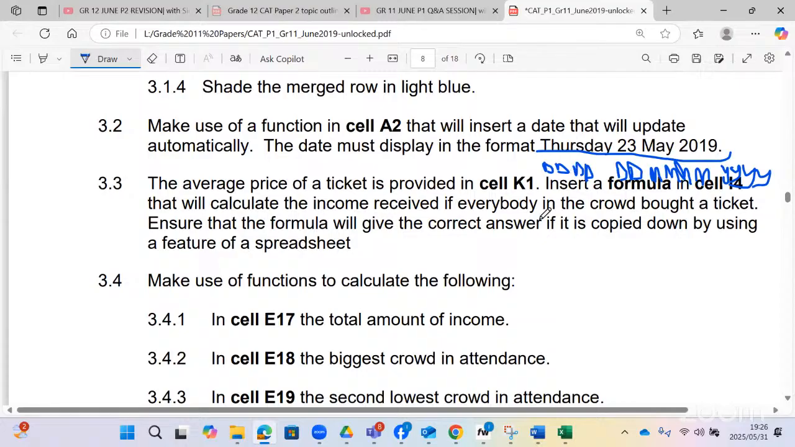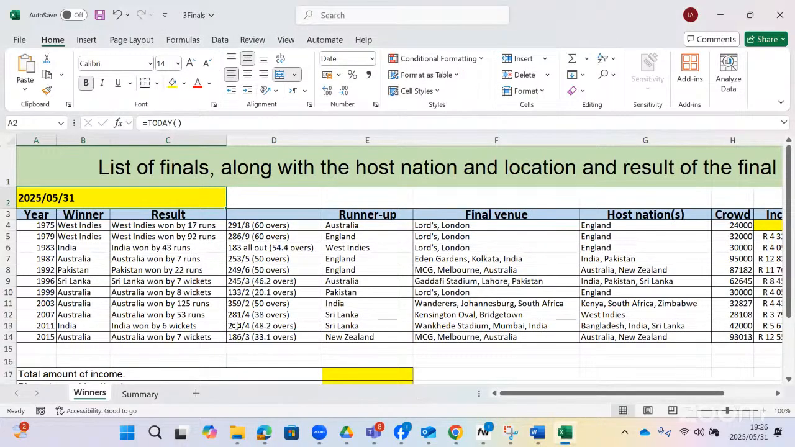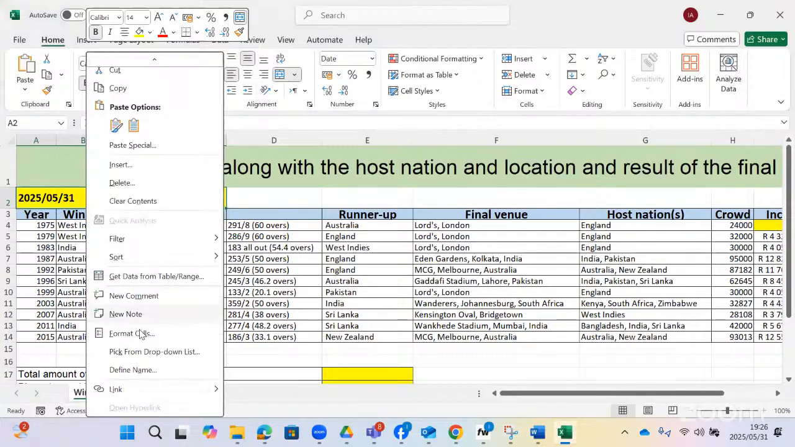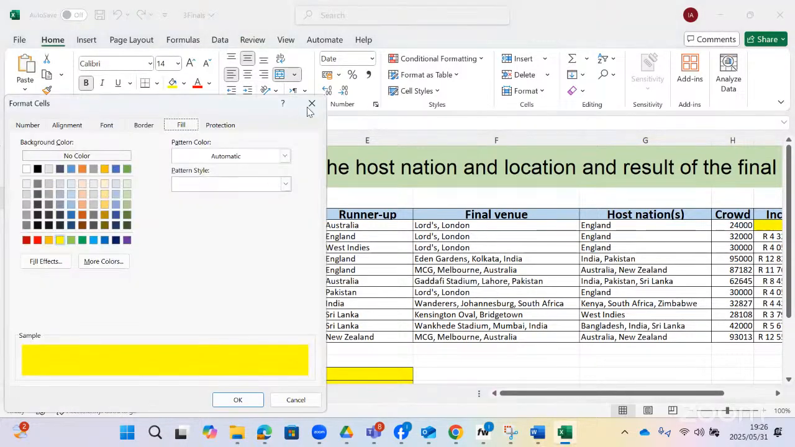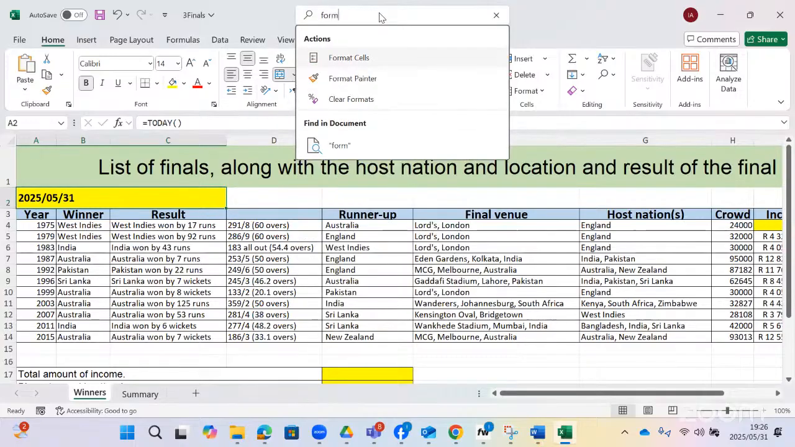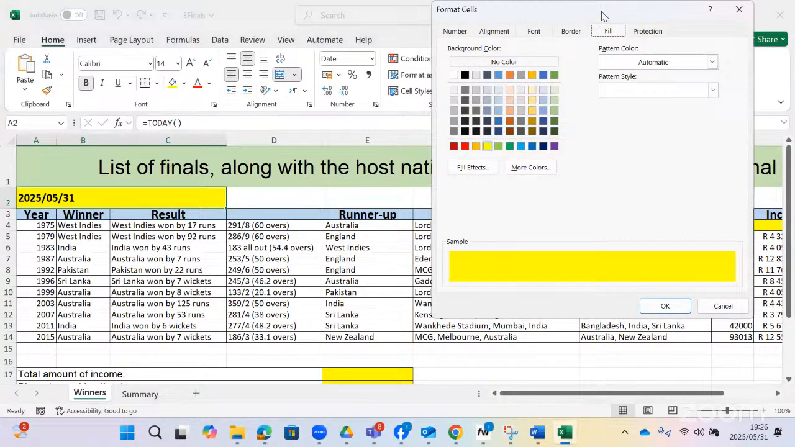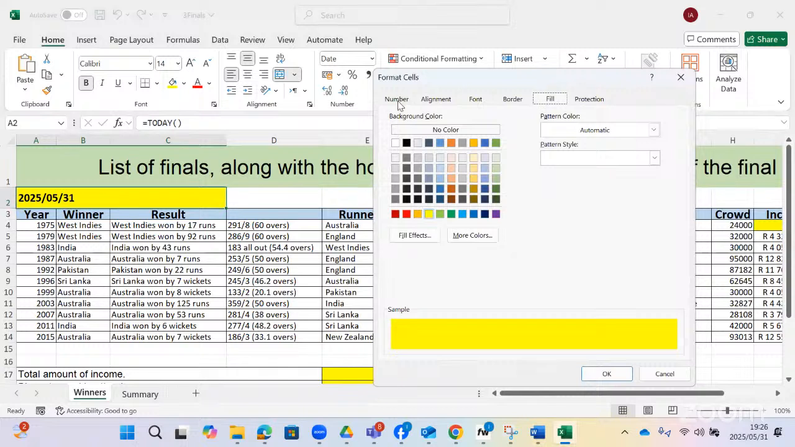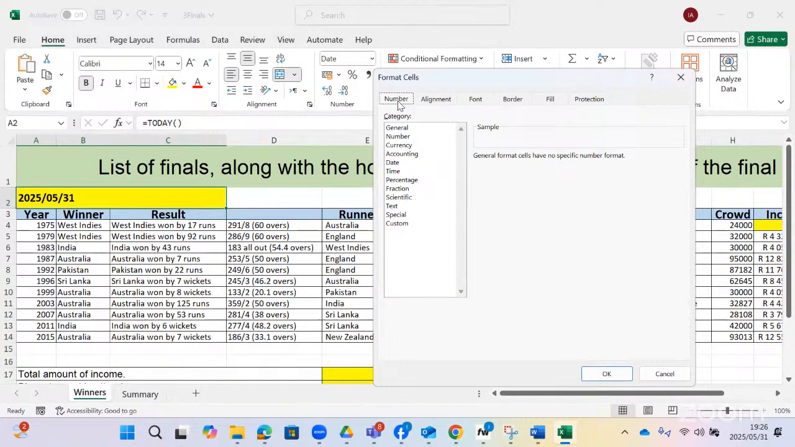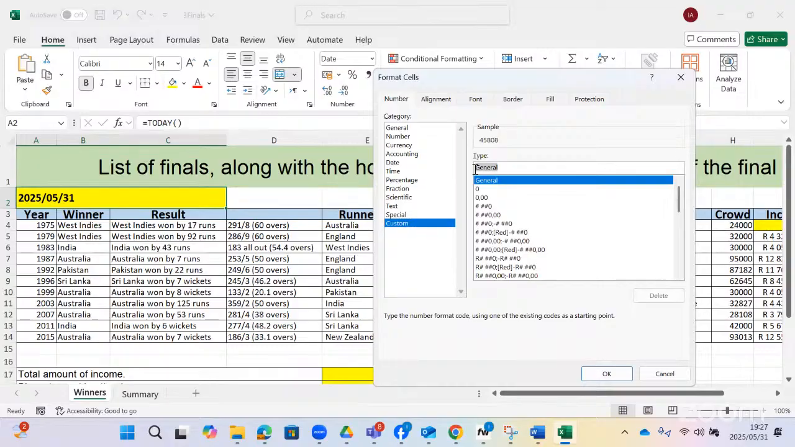So this should be the right format. Now let's check it. After getting the answer, you right click and choose format cells, or you can also click on it, go to search and type format cells. Right. Then when you are changing the format, we use the number format. And because it's a date, we go to custom, then we type the format here, 4D, followed by 2D, followed